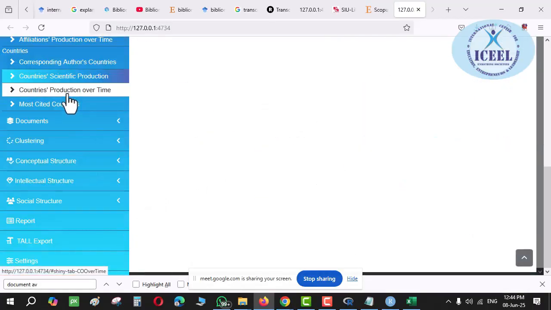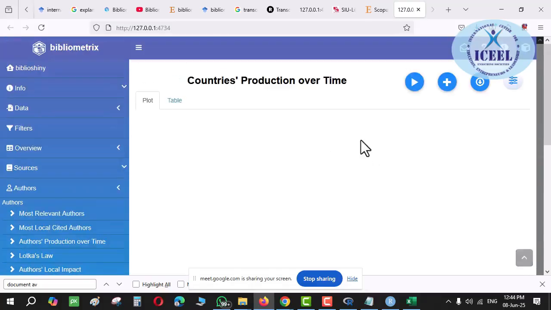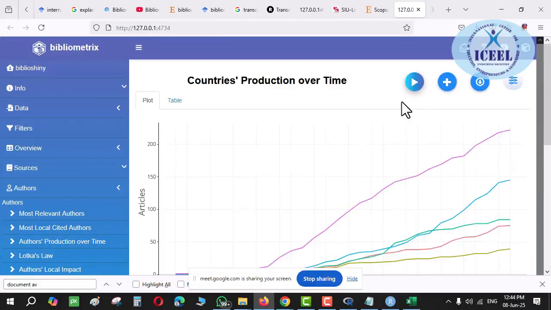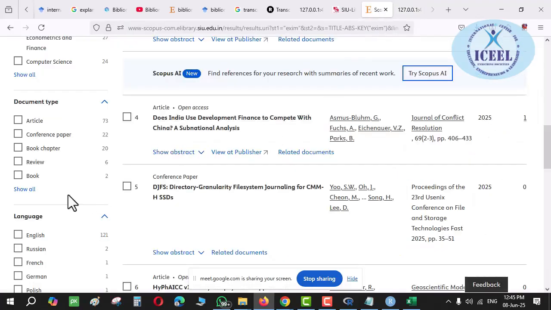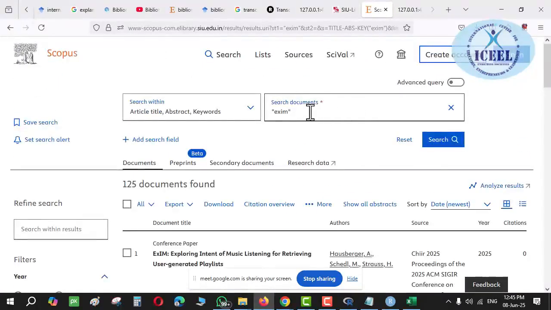Now here, country's production over time. But one more thing, the country-wide problems will be different. I took the problem definition initially itself when I sorted out the data, Ajay bhai. When you filtered the database, you defined the problem: what do you want to do? Exim, for example, suppose corruption. I'm going to take it as corruption. So all the papers I export will be concerned with these two keywords, corruption and export import. Simple.